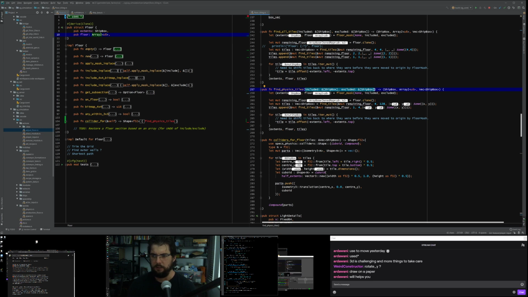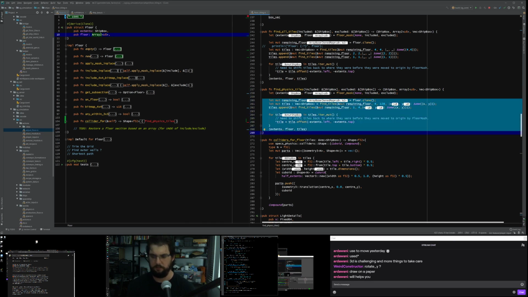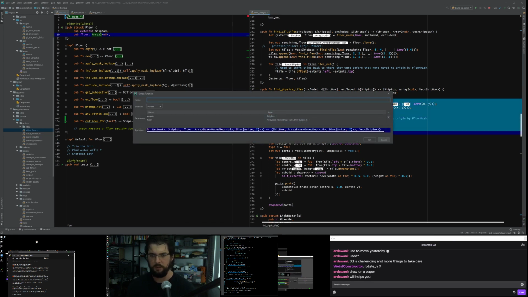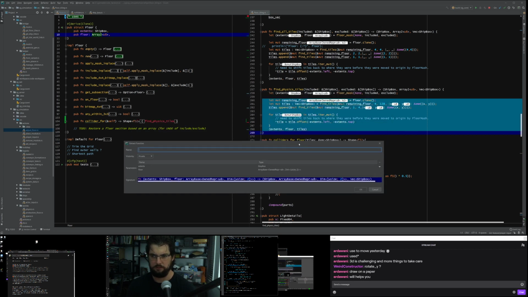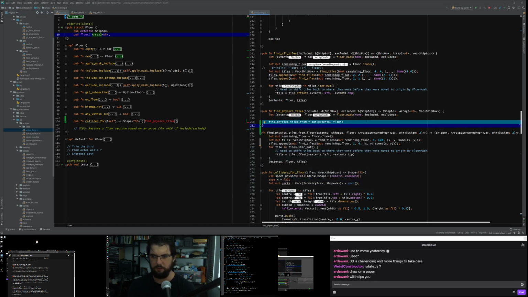So I might just use extract routine to do this. So what do I call this? Find physics tiles from floor. So I just used the extract method, and it took care of the fact that I want extents.